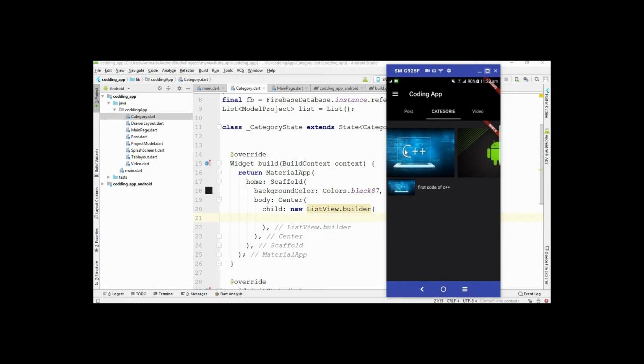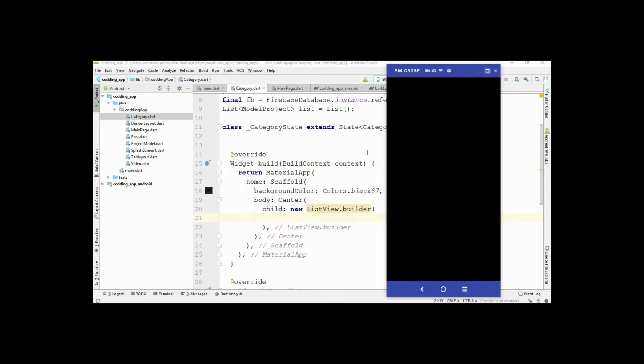So you can see three nodes are vertical and one node is horizontal. So first of all, we have to store all these topics in a list and then we add one for this list view.